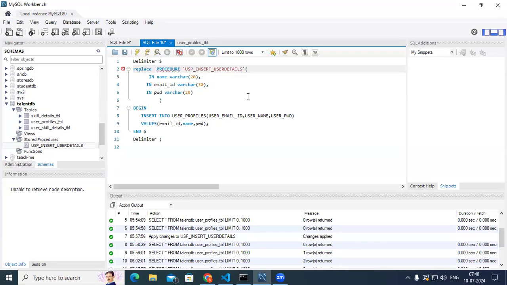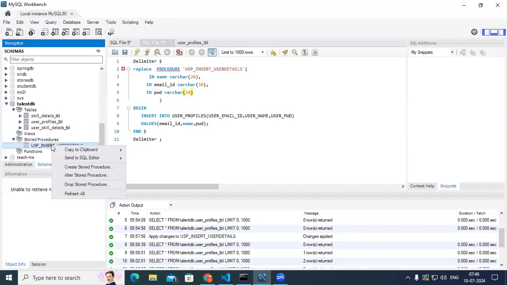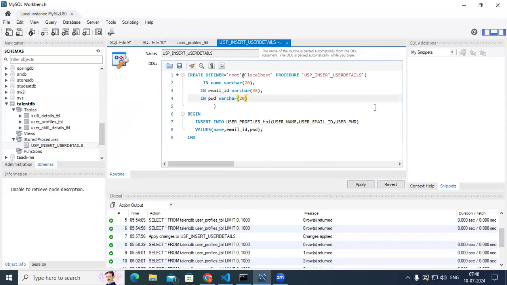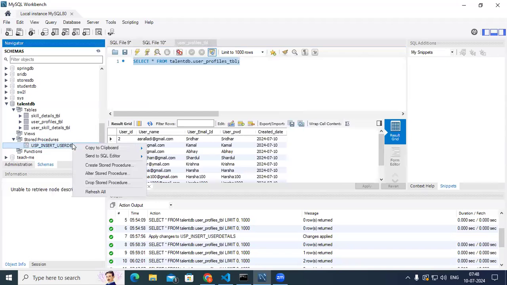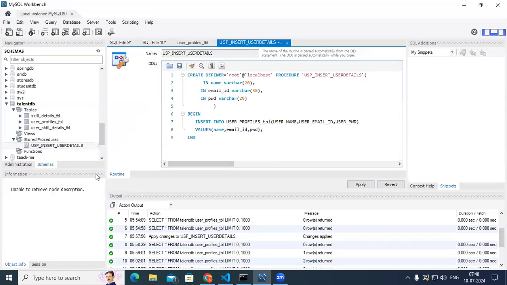Otherwise we take this value. Here present the escalator, alter the stored procedure. Create is okay, but it's not taking alter. Let us go here with the alter. When we say alter, it's saying create only. Fine, then